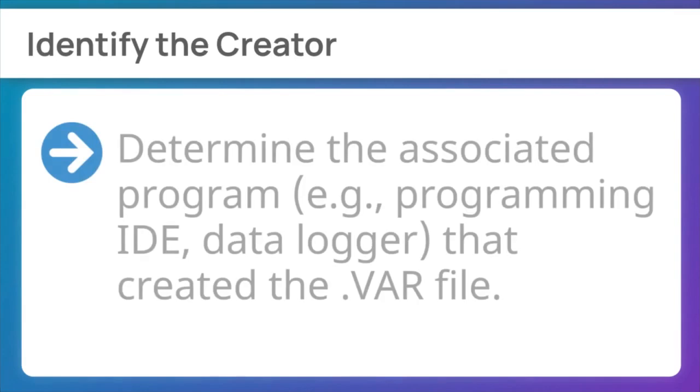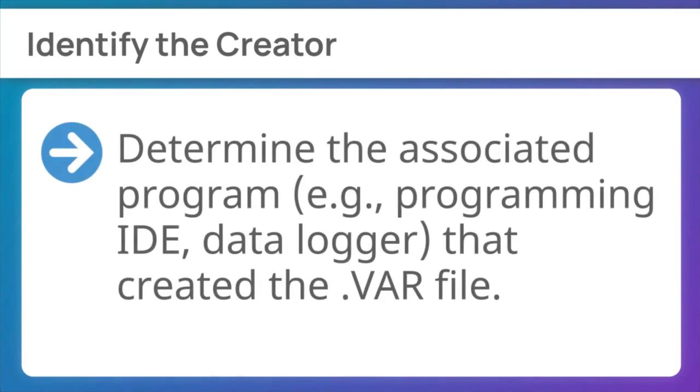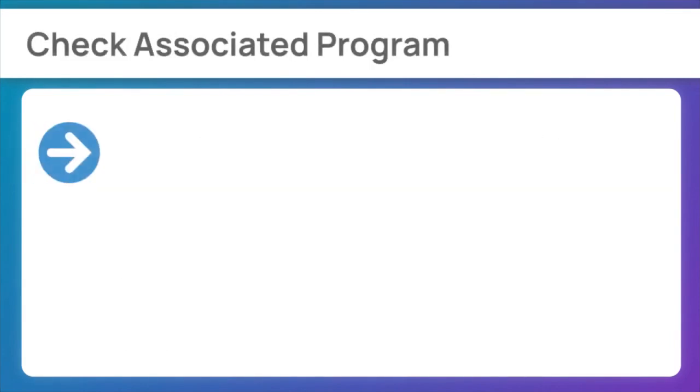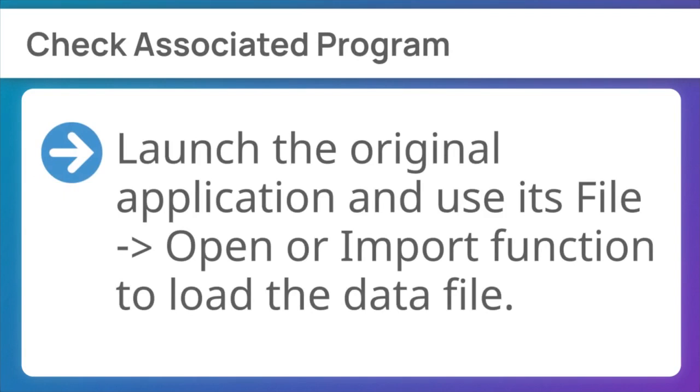Next, identify the creator. Determine the associated program, e.g. Programming IDE data logger that created the VAR file. Finally, check associated program. Launch the original application and use its file open or import function to load the data